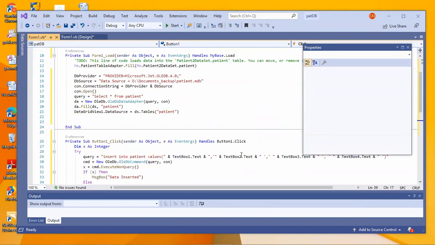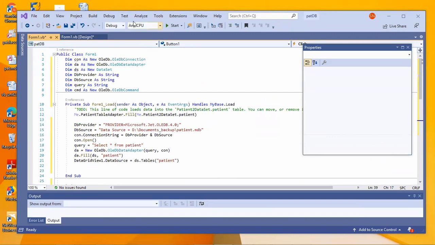Yes. Now what exactly is happening? So I need a connection. OLEDB is my adapter now. Whatever I need to access, I access through this class called OLEDB. I have separate things with respect to OLEDB. For connection, I need an OLEDB connection. For adapter purpose, I have OLEDB adapter. For data set creation, I have a class called dataset. So now I need to create objects for these things.